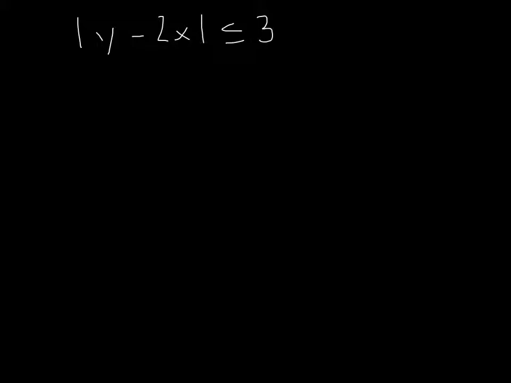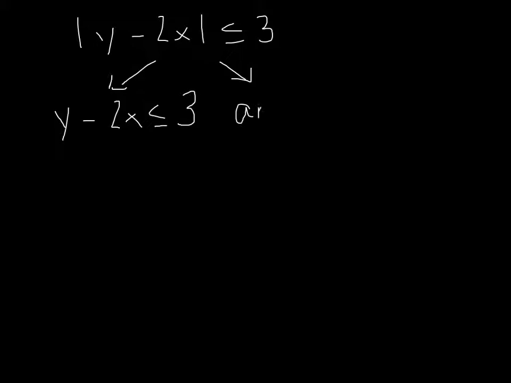So what we would be looking for is if there was a number right here, we would have to divide both sides by that number. Or if there was something added or subtracted right here, we would have to add or subtract it to the other side. But since the absolute value is isolated, we go ahead and we separate this problem into two different problems. So the left-hand route right here is now y subtract 2x is less than or equal to 3,